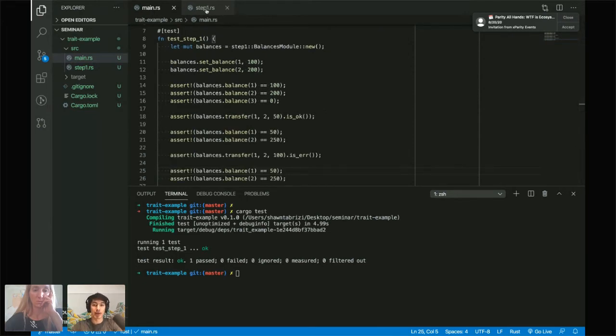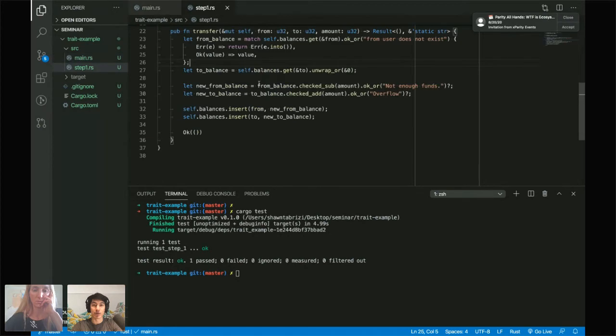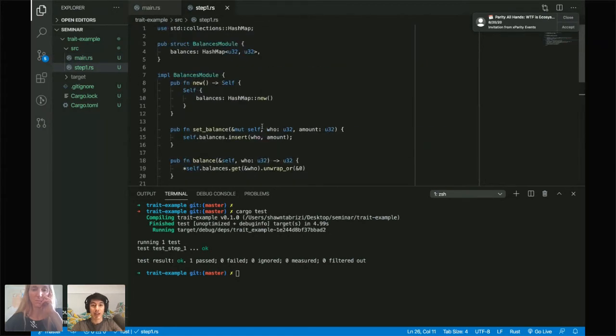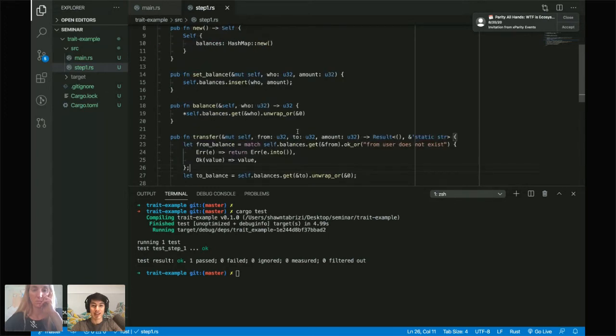Well, one thing that's bad about this, and if maybe you are cringing when you see me write this, look at this. U32, U32, U32 everywhere, right? Like, how do you know what this is supposed to return, right? This is not helpful at all, right? That we have some U32 return U32. This could be, for example, returning another account here, right? So we may want to give things types. Additionally, let's say I wanted to quickly change the type. I don't want who to be U32. I want it to be U16. Well, dang, I would have to go through and search U16 everywhere and change everything.